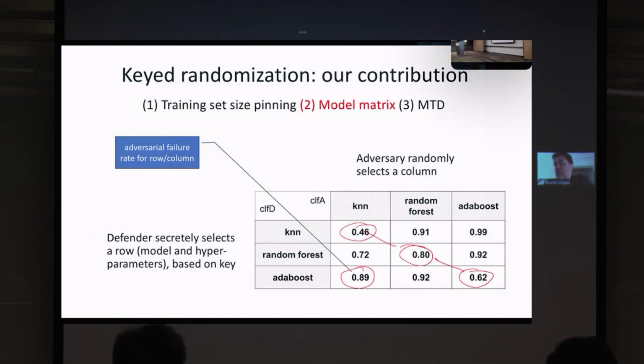But still, you may have a good adversarial failure rate, because it's true that, for example, you have chosen random forest, and the random forest is the same classifier as the defender's. But there are many parameters that the adversary still does not know, which makes the classifier quite robust against evasion attack. And there is also the possibility to combine the two techniques, so both training set binning and